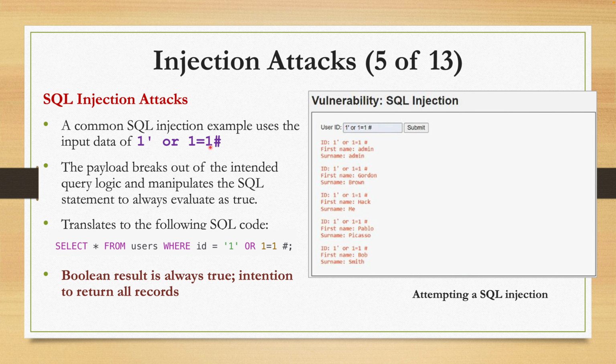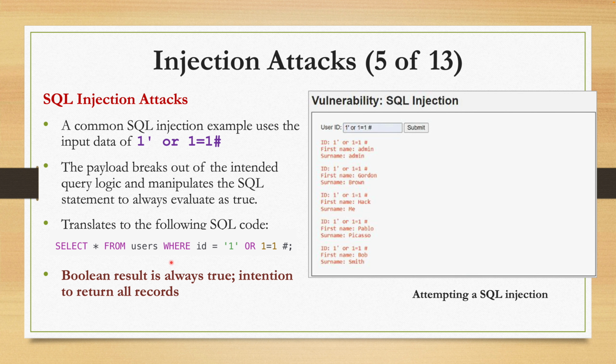Because 1 = 1 is always true. Now, the hash right here comments out the rest of the query, ignoring any additional logic. So the main goal of this, when you enter this, you're running this code inside MySQL, if you look at it this way. The main purpose here is to simply bypass the authentication mechanism that verifies credentials, like a username and